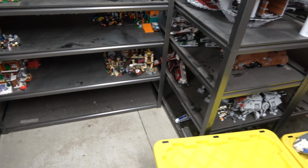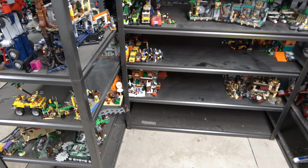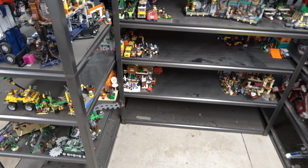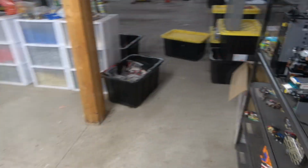Oh, Prince of Persia down there, some Winter Village, and I really need to, that's actually on my list. That's probably the next thing I'm going to do inside the house, is set up a shelf and put all of the winter stuff, so that when I make my Winter Village next year, it's not hard to find. And over here,